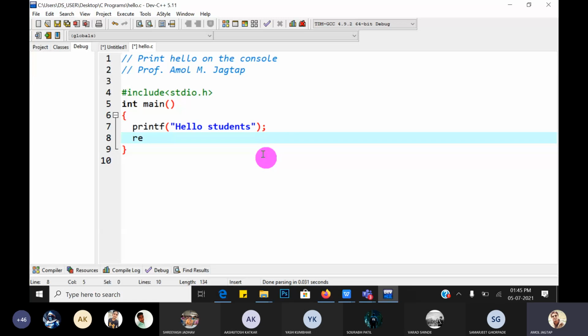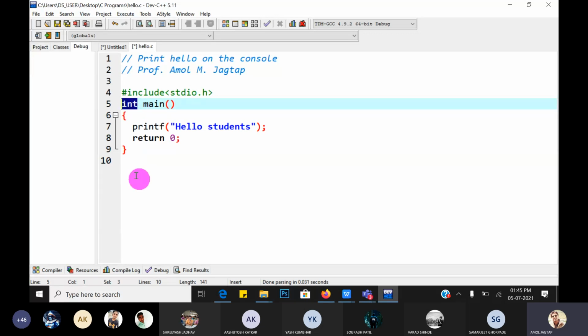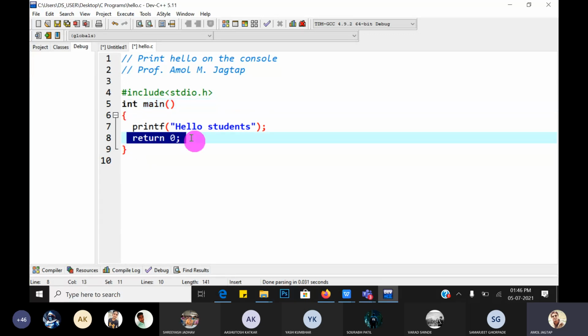Now the last statement is return 0. This is ANSI C language syntax. That's why we write the main function's return type as int, and at the end we have written 0. 0 means successful completion of your program. That 0 value is returned to the operating system, that is DOS, disk operating system.